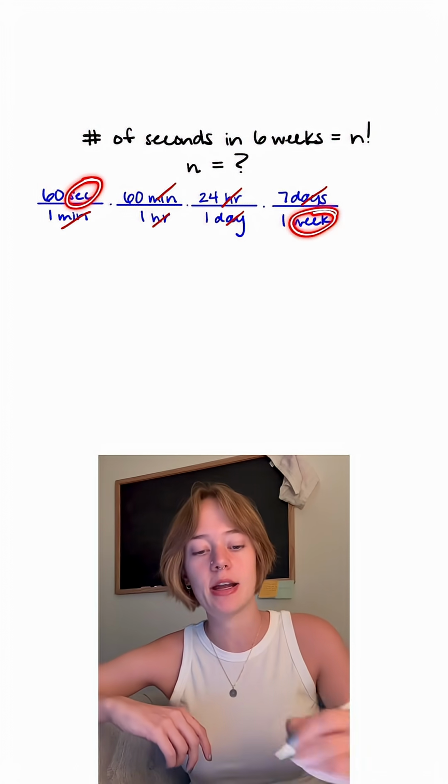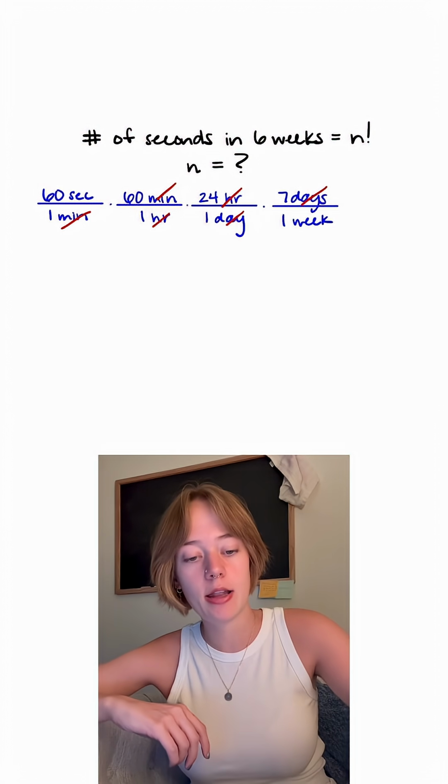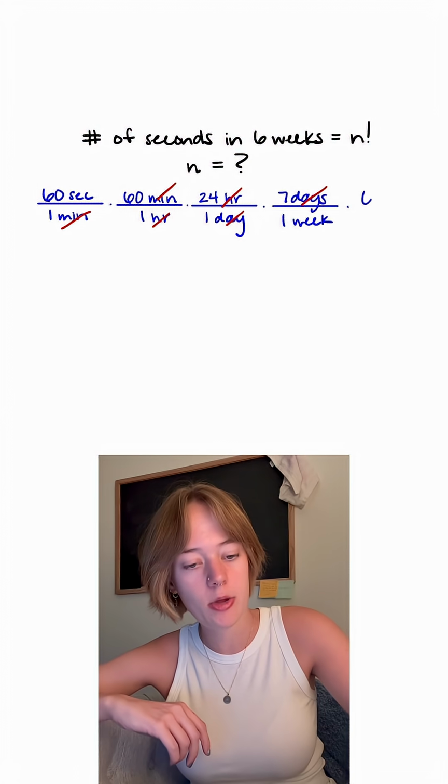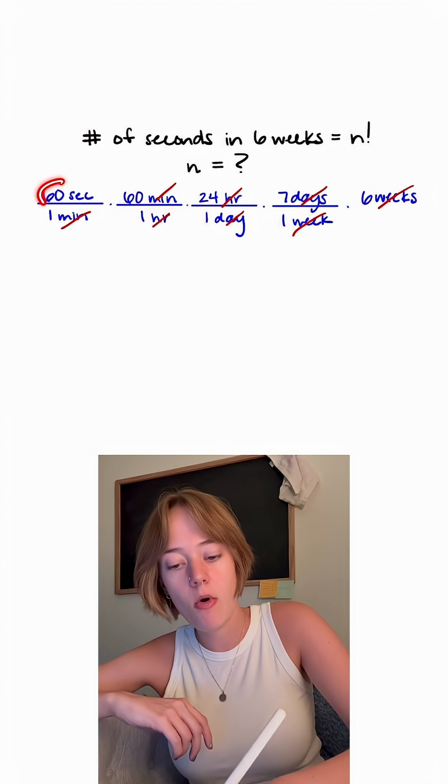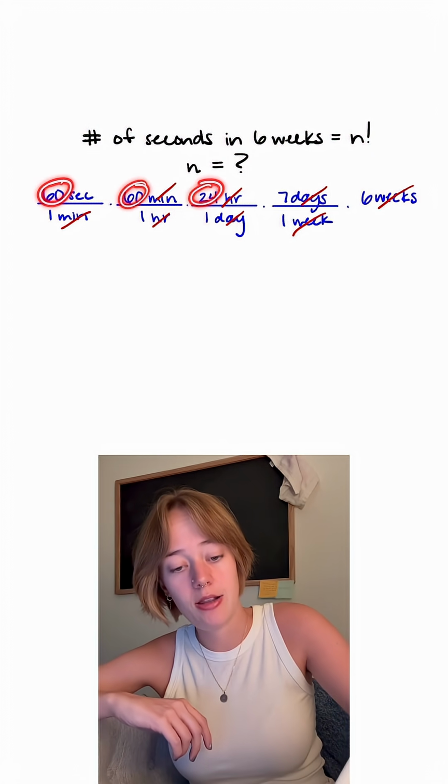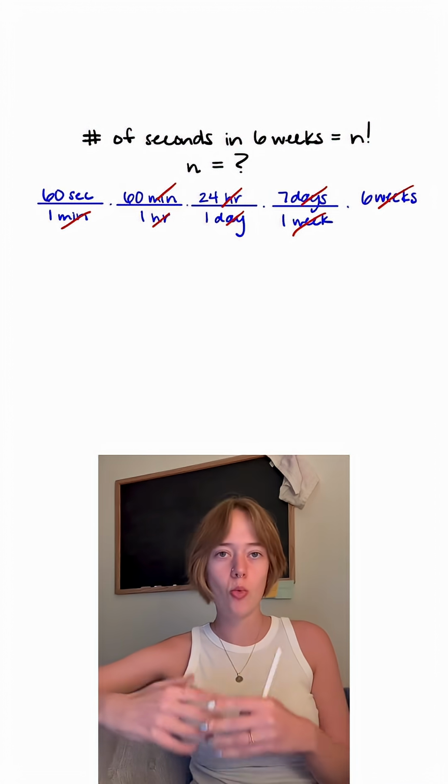We don't care about how many seconds are in 1 week. We care about how many seconds are in 6 weeks. So we're going to multiply by 6 weeks. We'll get some canceling of units here. And you can effectively see that multiplying the numbers in these numerators is going to give us what n factorial